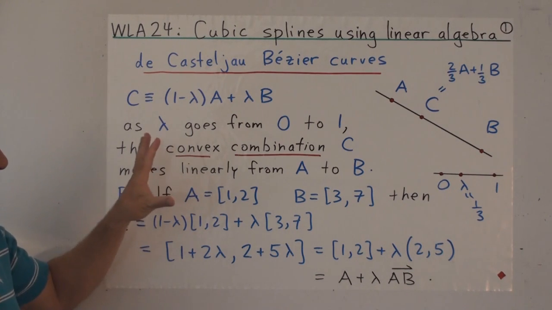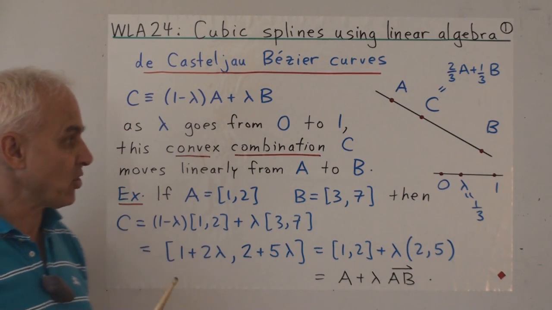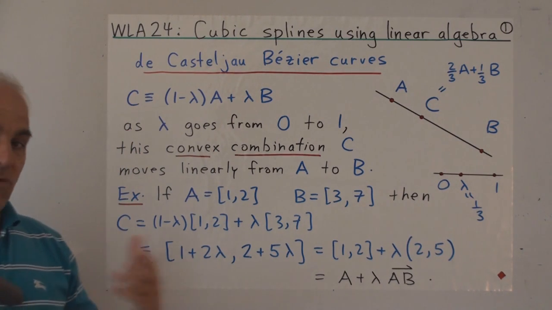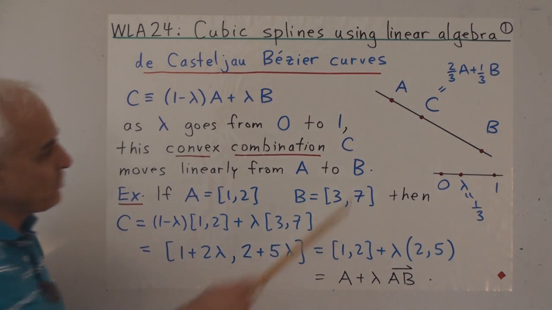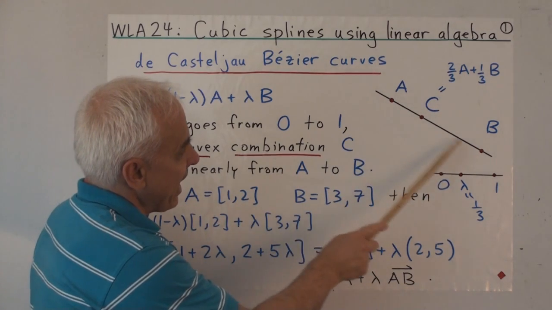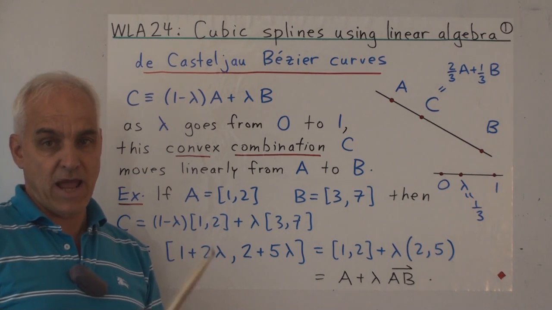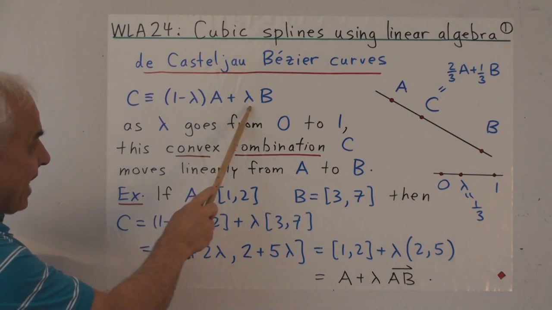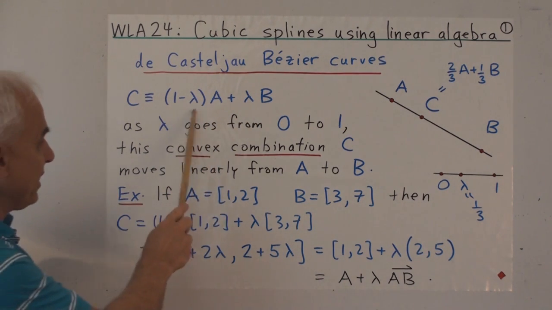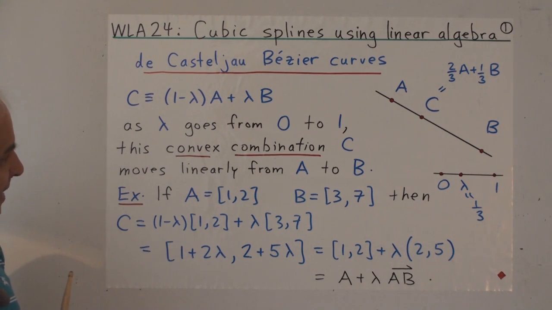All right, so let's start by reminding you of something from one of our first lectures when we were talking about barycentric coordinates and convex combinations. You might want to go over that video if you've forgotten some of the issues. So if we have 2 points in the affine plane, say A and B, then we can create a convex combination, or an affine combination of those 2 points, of the form (1 minus lambda) A plus lambda B. Now here lambda is any number. Numbers for us are always rational numbers. And let's call this point C.